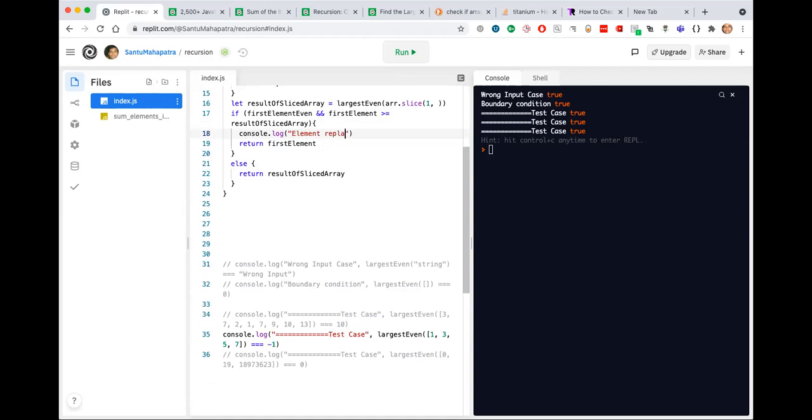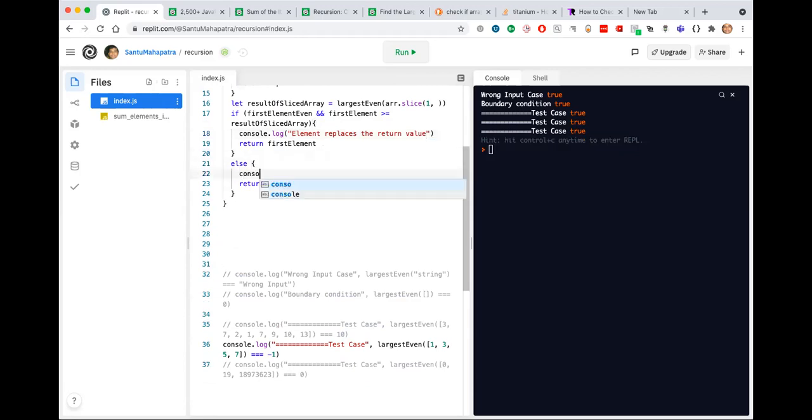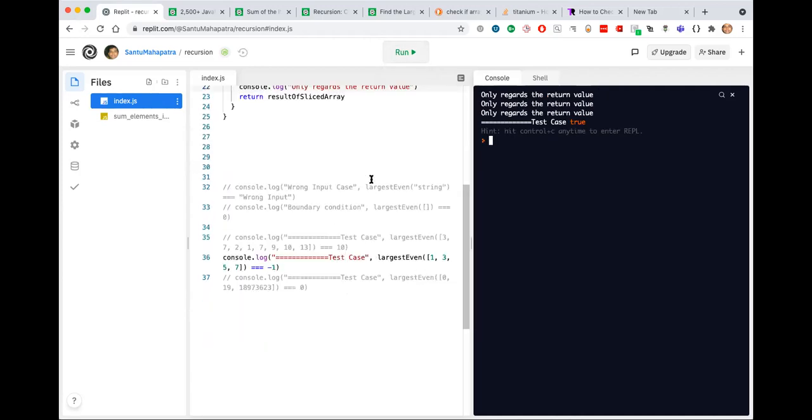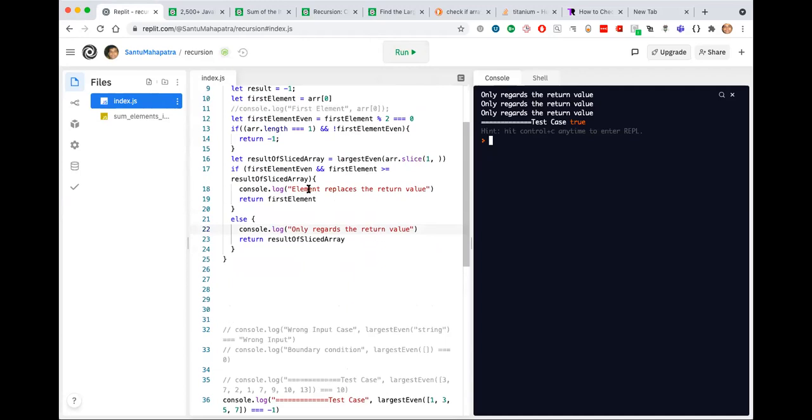Element replaces the return value only regards the return value. If I run this code with only the test case where it is 1357, we only regard the return value. The element never replaces the return value because this is the positive check.